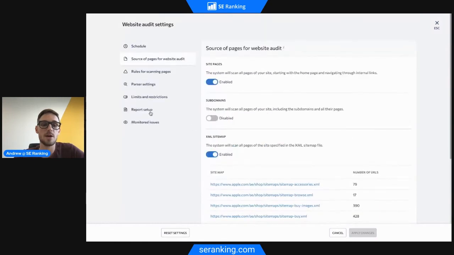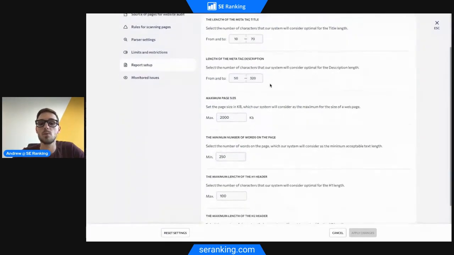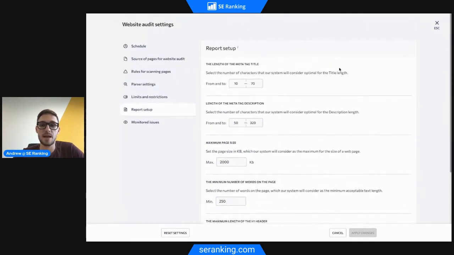And also you have the opportunity to change what is considered to be an issue. So the checks that we run in our website audit tool are based on best practices and recommendations from search engines, including Google, obviously. But perhaps you know something that we don't, or maybe you feel confident that something is not an issue, and you can change it here, and the tool will no longer consider this to be an issue. All right,